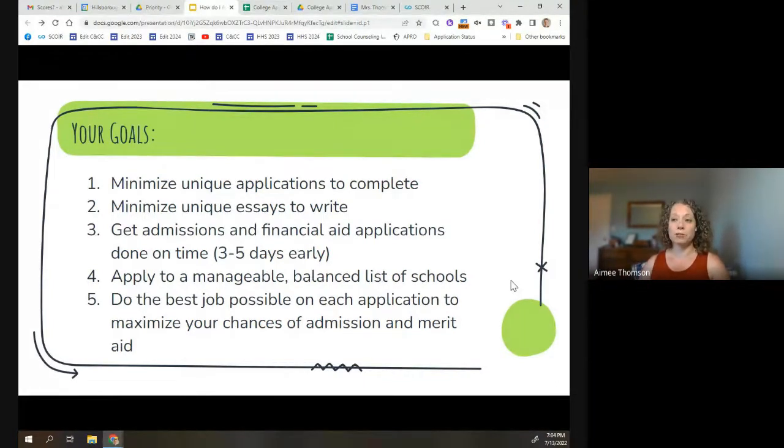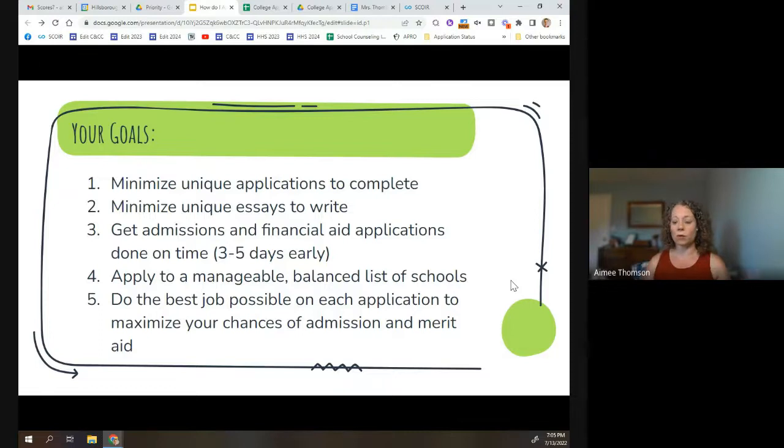We also want to be able to minimize the number of unique essays that you need to write. While most schools do require one main essay, a lot of other schools do require additional either short answer essays or longer essays. It varies by the school. Sometimes it's just one, sometimes it's 3 or 4. So by having a good view when you start the process of where you're applying and doing the homework up front about looking at those essays, you can minimize the number of completely unique essays that you need to write. You'll need to make some modifications to each of them to personalize them to the school. But if you're able to kind of get a theme going, it'll make your life easier as you're going from one school to the next.